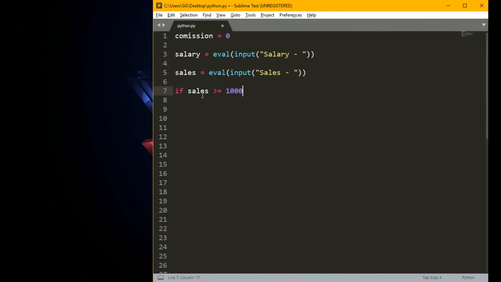If sales is greater than or equals to 10,000, then commission equals to salary into 25 divided by 100. We cannot put 25% because it will give a syntax error. So else, if it is not greater than or equals to 10,000, else